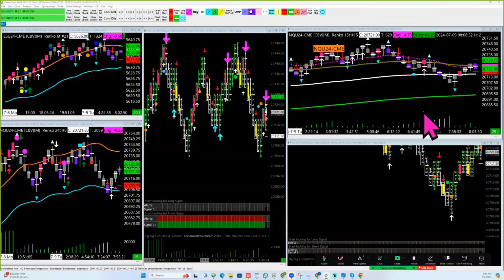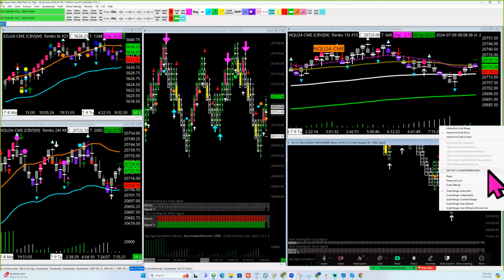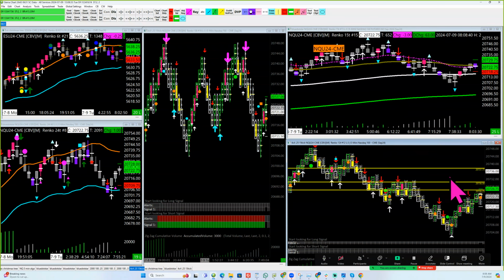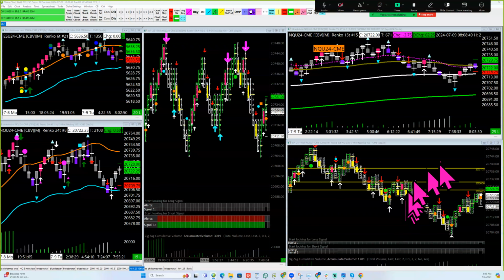So, okay, the first thing I want to do is I changed one chart. See how I have a 15 tick up here? So this chart is the same as your 75 cent and your 50 cent. It's a 50 cent 12 tick chart, okay? The reason I have a 50 cent 12 tick chart is it's closer to matching the 15 tick, but what this